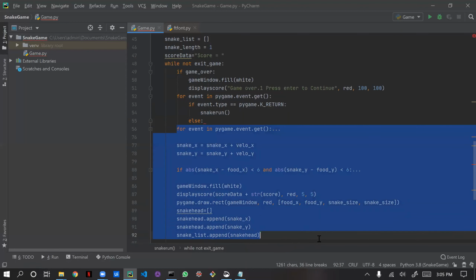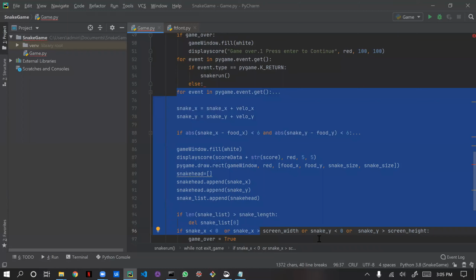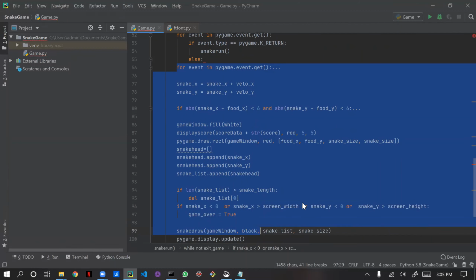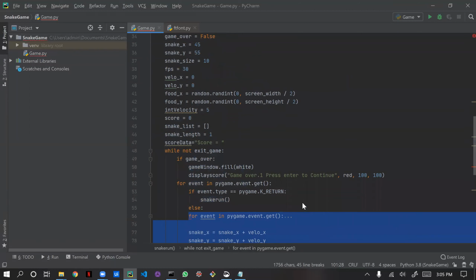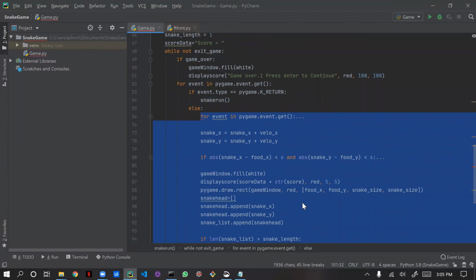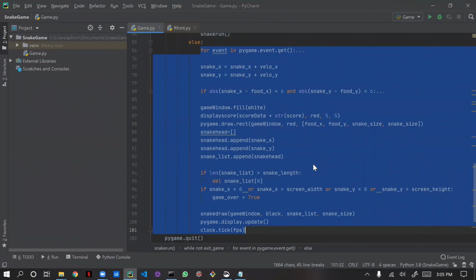Entire code needs to be gone inside this else block. And this entire